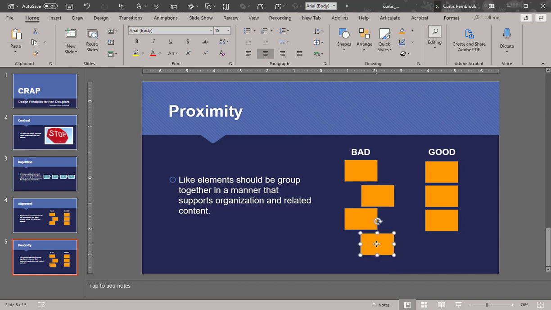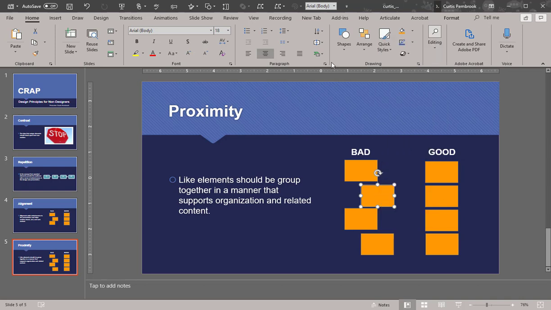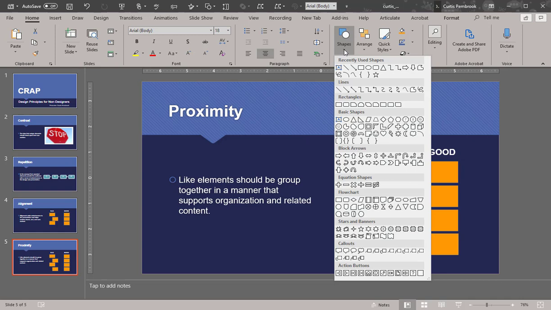But what I'm going to do is, and then Control C, Control V. I'm going to change these. And so let's make this one. We can right click, and we can format the shape, or we can select the shape and change it, right? So we can click on it and then select the shape, and then let's change this thing to